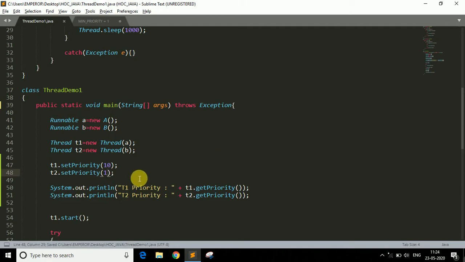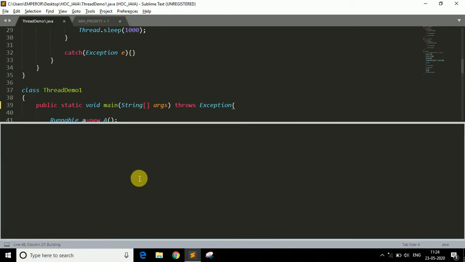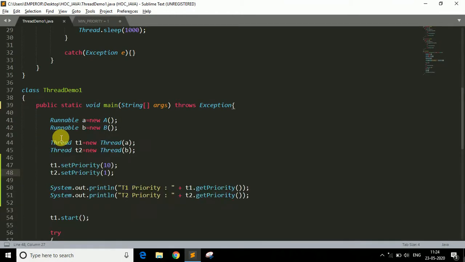After specifying the priority, if I run the code, as you can see, now the priority of T1 thread is 10 and the priority of T2 thread is 1. So first T1 is executed because the priority is high, and then T2 is executed because the priority is lower than T1.